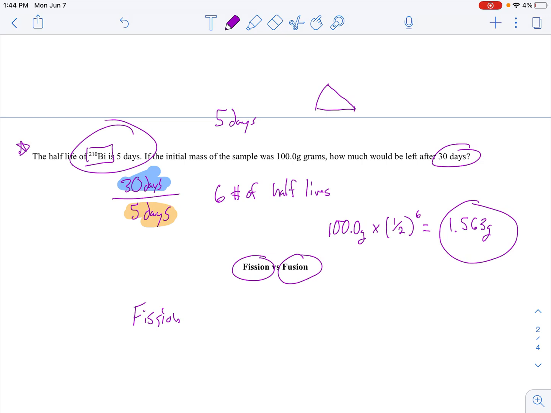So I'm going to be splitting something apart. Let's talk about a very common nuclear chain reaction, or a bomb itself. This is uranium-235. And what happens here is you're splitting it apart. I'm going to make some barium-142, 56, and some krypton, Kr-90, 36, and 3